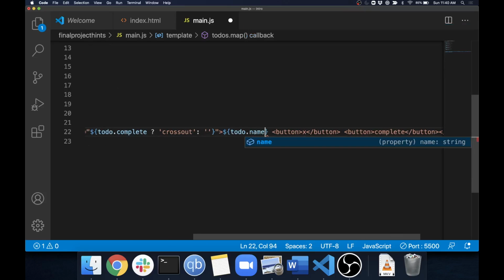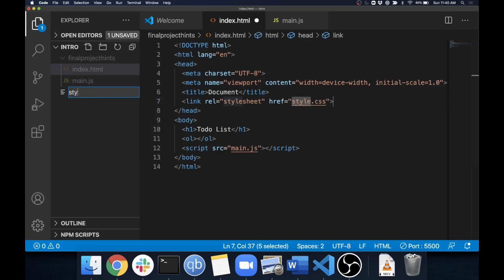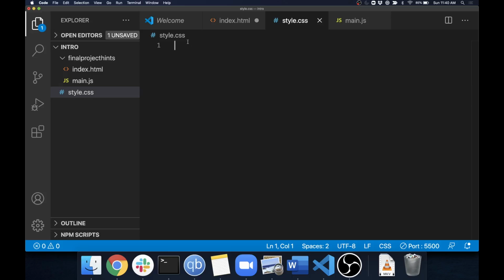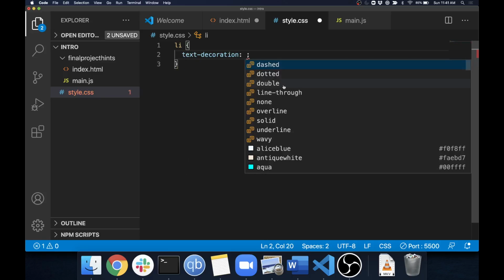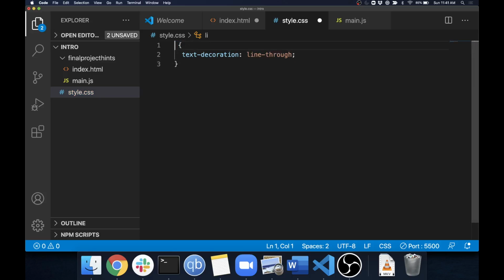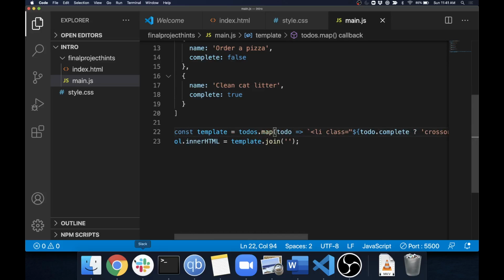I want this to be to-do.name, and I'll add a quick CSS style sheet, or you could add a style tag, and you could add something like li text decoration line through, or sorry, I said cross out, so cross out class. So this says look for elements with a cross out class and put a line through them. And so I think that should